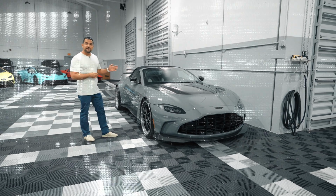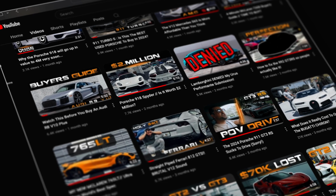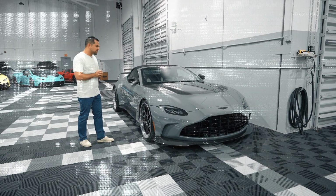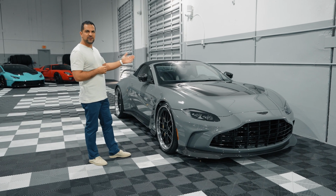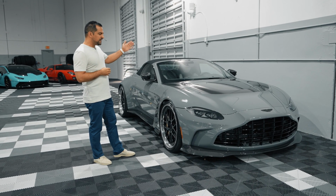some incredible specs. And if you haven't been following the channel, then you know that I build all my cars from scratch. And this particular one right here was literally specced out with my coupe, which was British Racing Green on saddle interior. I didn't love the coupe as much as I love the Roadster, so I decided to keep this particular car. This is a V12, one of 150 cars built, and it is completely modified with a race